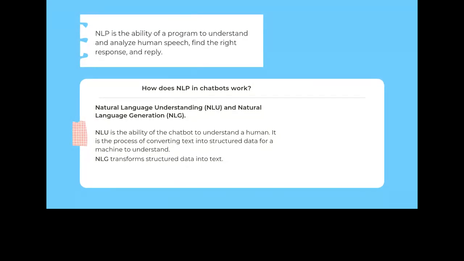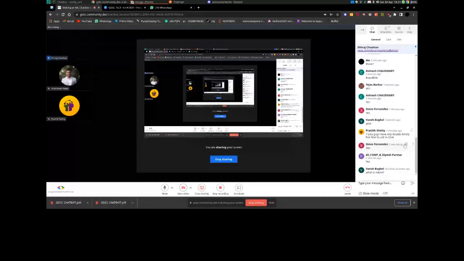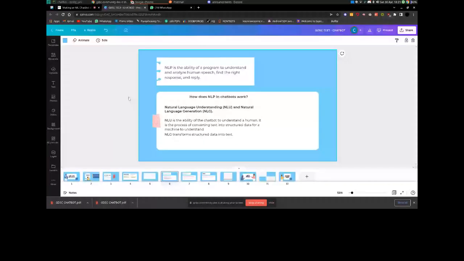Now, this is all you have to focus on in NLP right now. So that's it for now. And if there are any doubts regarding this part, I can take them in the chat, but there's no need to go deep into it right now. This is all we need, just a little bit of simple information.